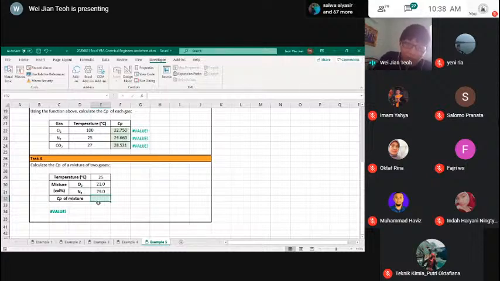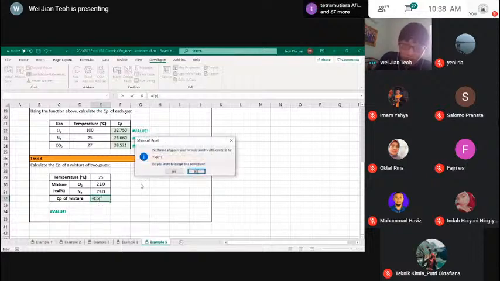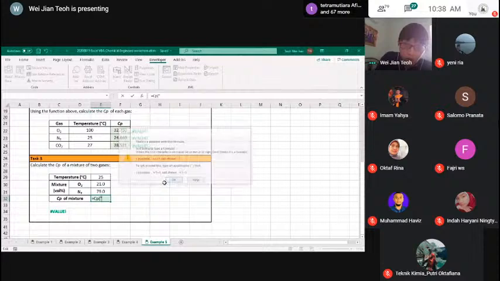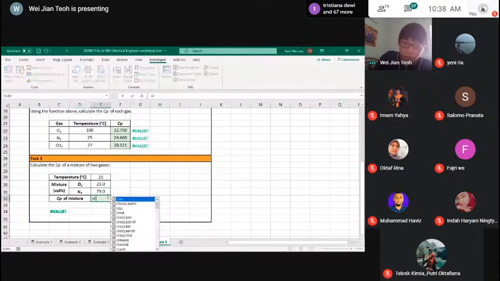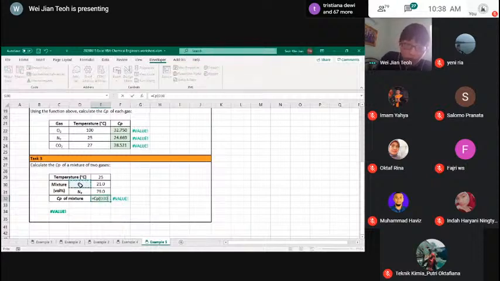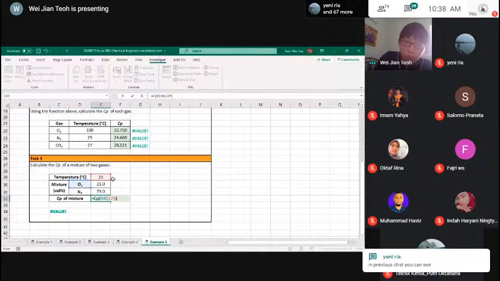So what I can do is actually just enter CP. Sorry. Oops. And I can actually just multiply or divide just like any other Excel function.